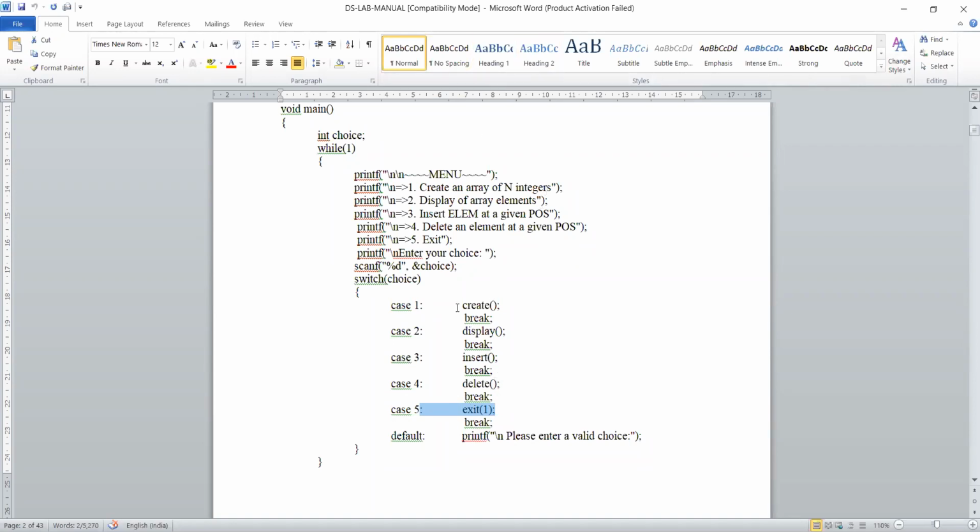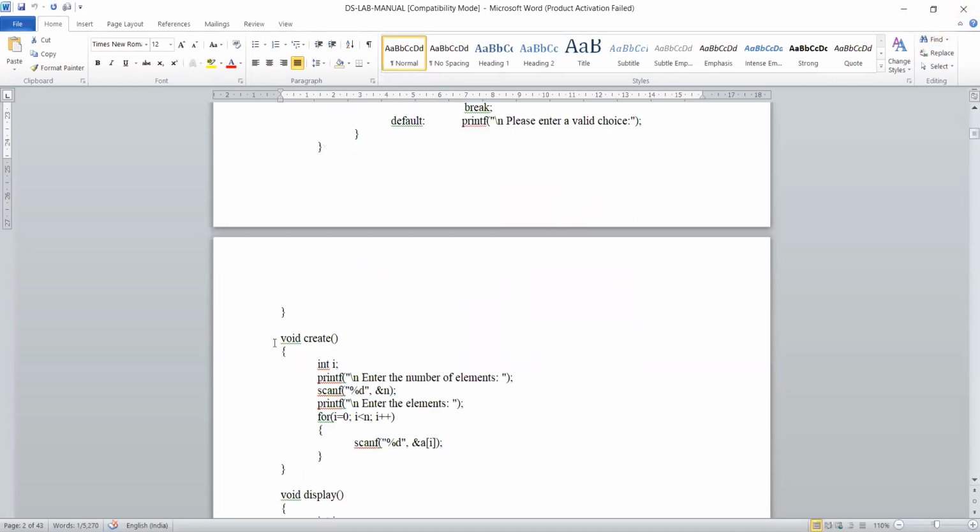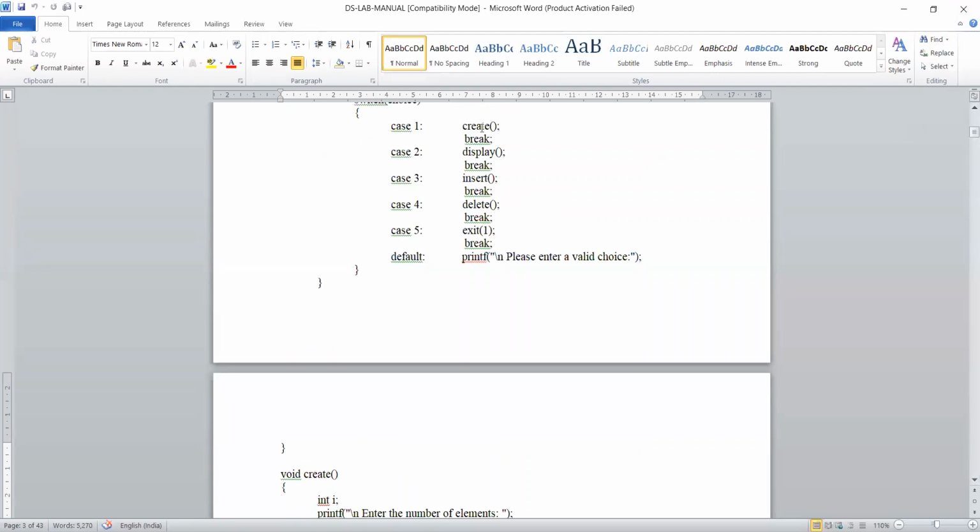See, I think switch case you are well aware of. In switch case, as I told, this create is a function call. So now the cursor will move from here and go to the function definition create. Where is it defined? Here it is defined. It will execute all the statements, and once it comes to the closing statement, the function returns to the place where it has been called from. So where it was called here, immediately the next statement it will return. So the next statement is break.